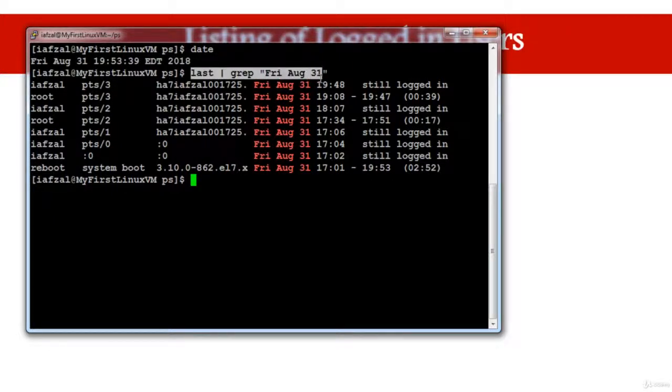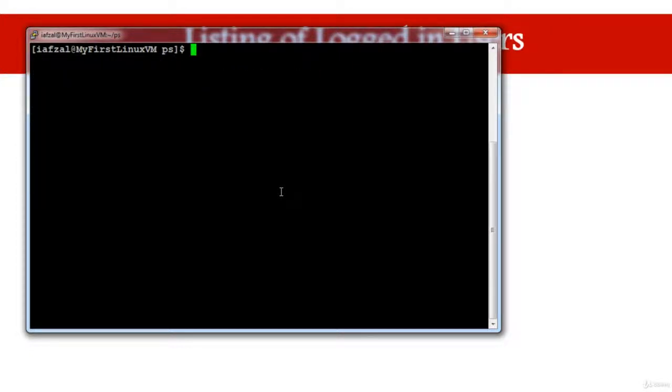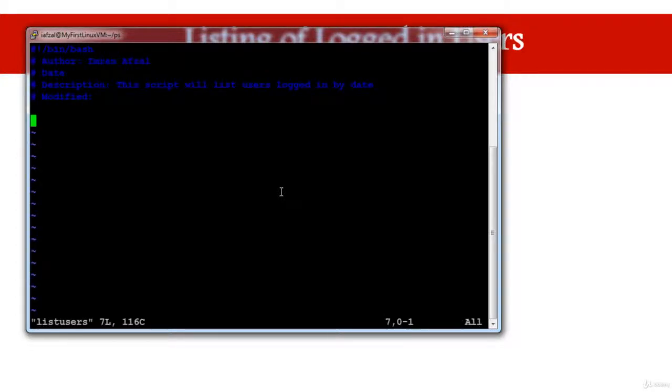But again, the script doesn't know what date is today, so the script has to run the command date to find today's date, parse it, and then put that into the script. To do that, we'll get back to our script, which is list users, and here first we'll define a variable for today's date. So today equals, and we'll put the tick. The tick always comes before the command. So date